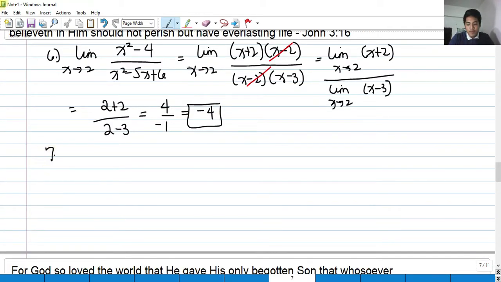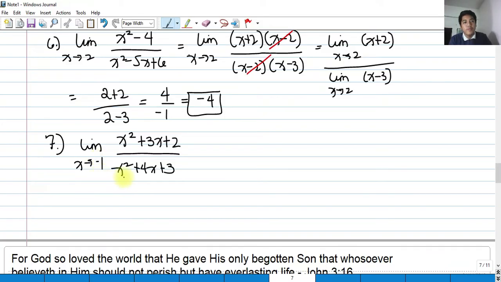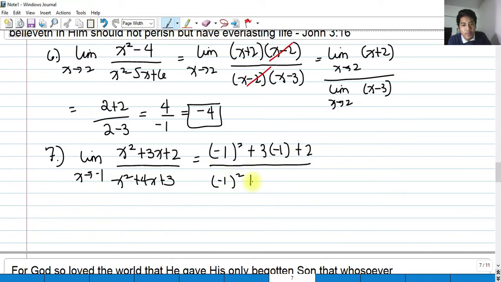And again, another problem is the limit of x squared plus 3x plus 2 over x squared plus 4x plus 3 as x approaches negative 1. The only thing that we are avoiding again is the denominator getting 0. But since this is a polynomial function, we can simply substitute the value to our x's. So we have negative 1 squared plus 3 times negative 1 plus 2 over negative 1 squared plus 4 times